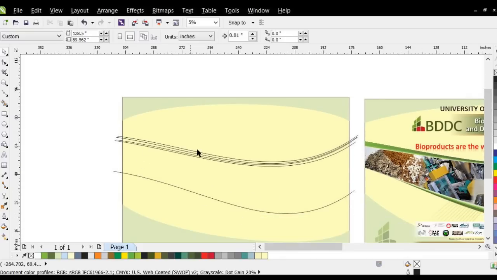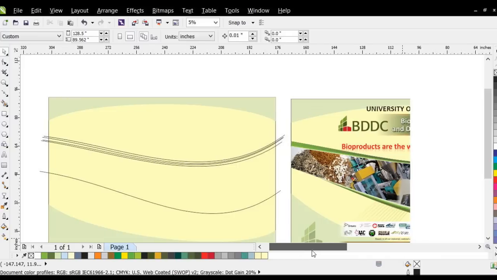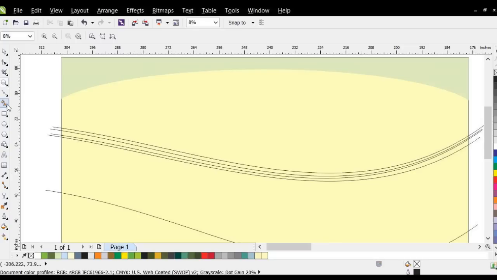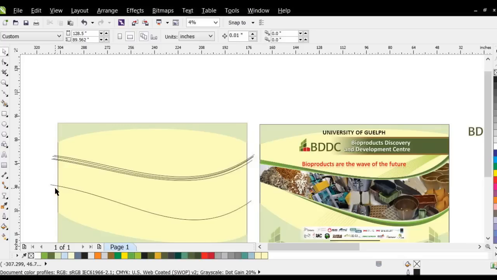Anyway, so it's that concept. And now why do I do this thing? Because I'm going to use the smart fill tool. I'm not going to do the bottom here because we are limited on time. But what I'll do, I'm going to go straight to the smart fill tool, which we